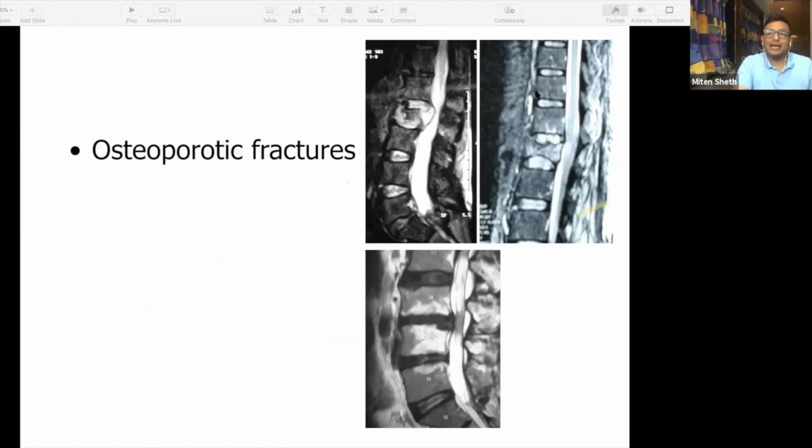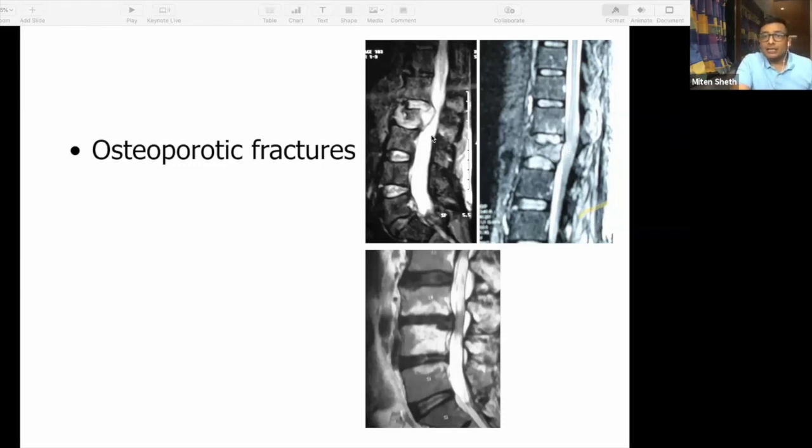Okay. So when you have a vertebra plana, it could be an osteoporotic fracture, wherein what you will see is that the entire spine will not look uniformly gray in color, it will go light gray, dark gray. So it will not give a very good painter's appearance. And that indicates that there is something going on with the body. The marrow is not healthy, which means there's a chance that there is osteoporosis. And you will see that there is a collapse. So that's basically an osteoporotic fracture causing vertebra plana.